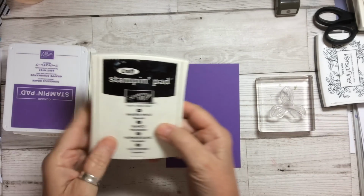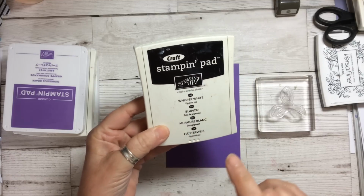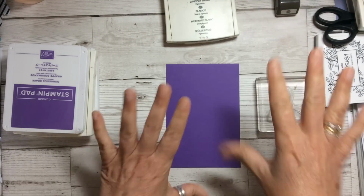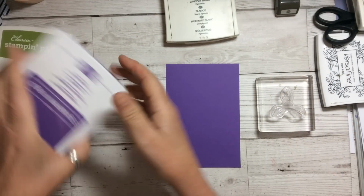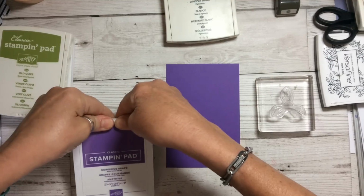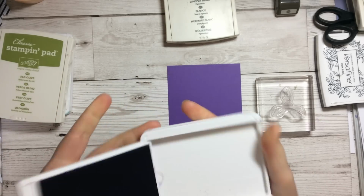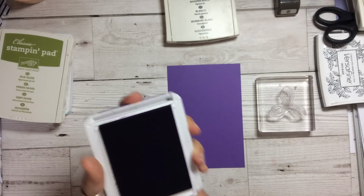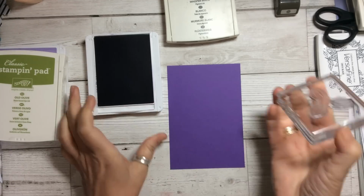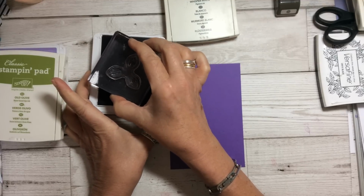We are going to use 2 ink pads. So we're going to use the Whisper White, which is the craft ink. It does take a little while to dry, so you need to be aware of that. So what I would do is to stamp this and then leave it for probably an hour or so. But if you don't leave it for a while, it will smudge, because craft ink just takes a lot longer to dry. So we're going to ink it up first of all in the Gorgeous Grape,